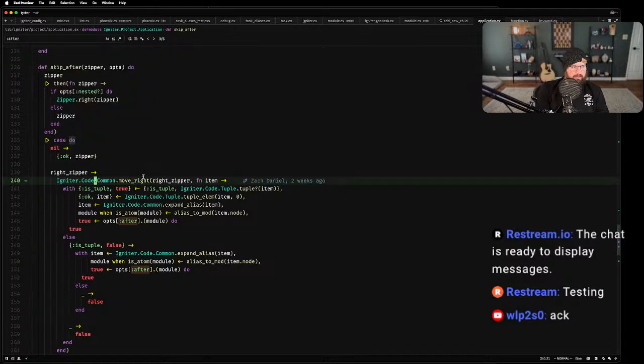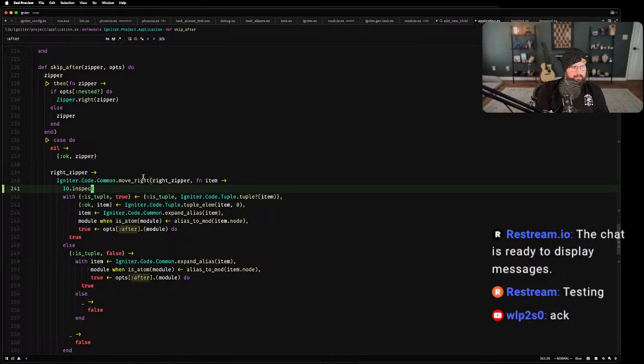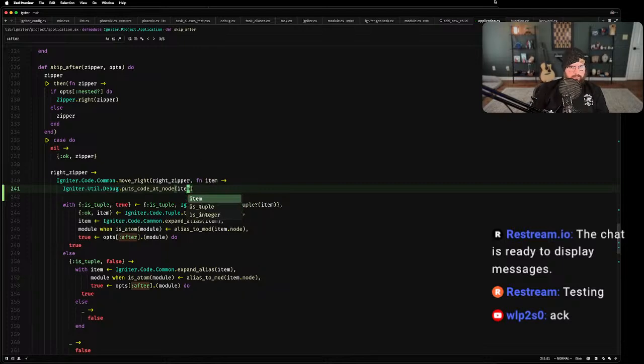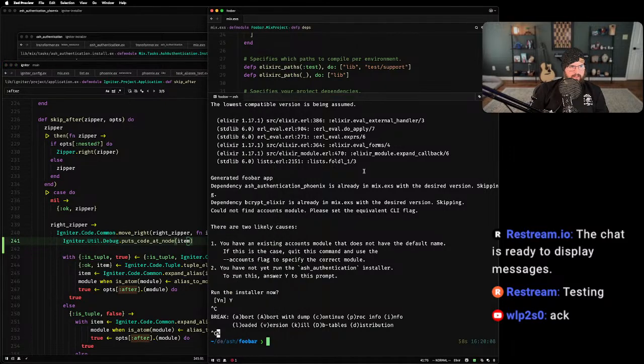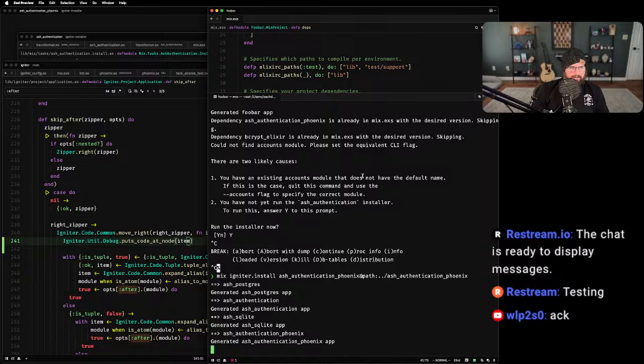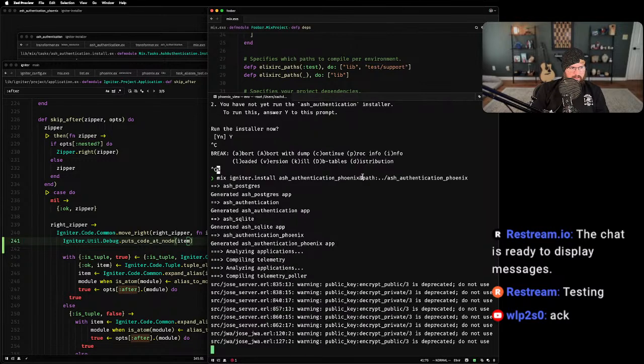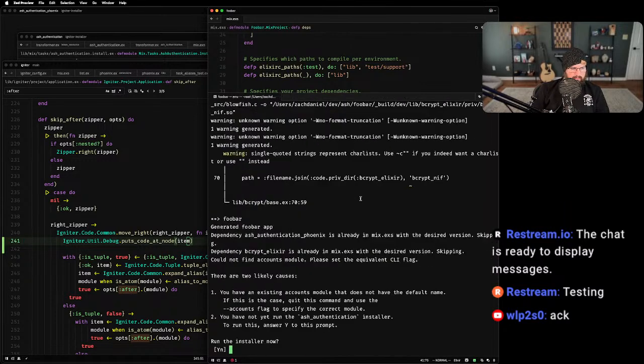I can actually just prove that this is a problem by using this debug utility, which prints the code that we're modifying. So if I run this again, we're probably just going to see it print out the same item repeatedly. Let's see.